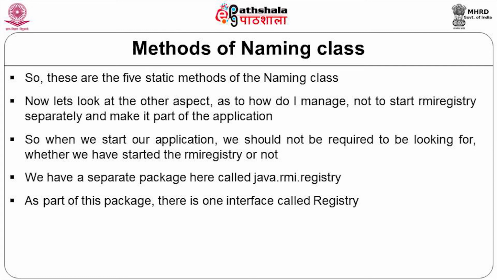So that's the 5 static methods of the Naming class. These are static methods in the Naming class, fine, and anyone could be using it. You don't need to create any objects or anything, fine. So now let's proceed further and look at the other aspect, which is related to how